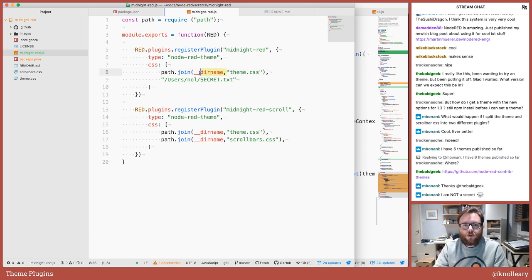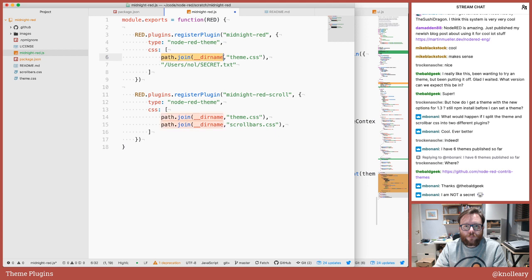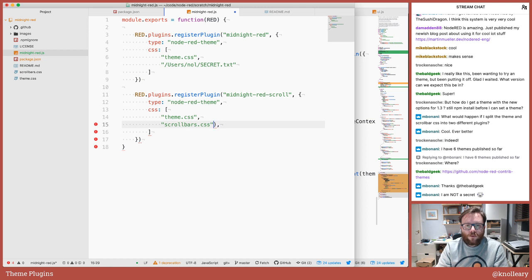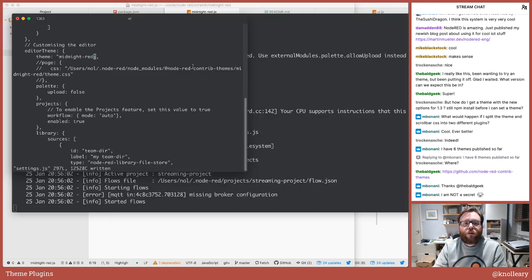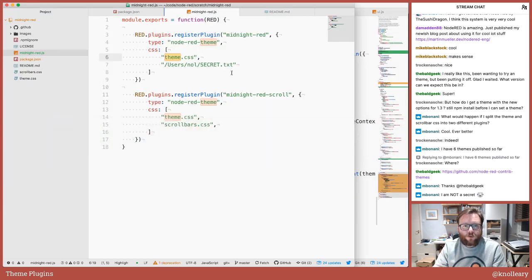But it's not very nice boilerplate code for the theme authors to have to put all of this in. What would be much nicer is for all of these paths to be treated as relative to the plugin itself. So it would be much nicer for me just to say theme.css, because that's the file inside my plugin. Okay, well, if that's what we want to be able to do,